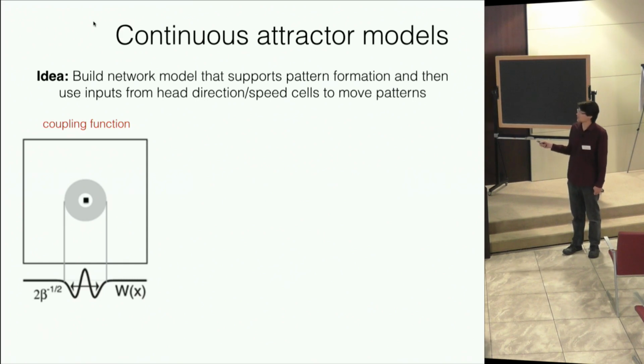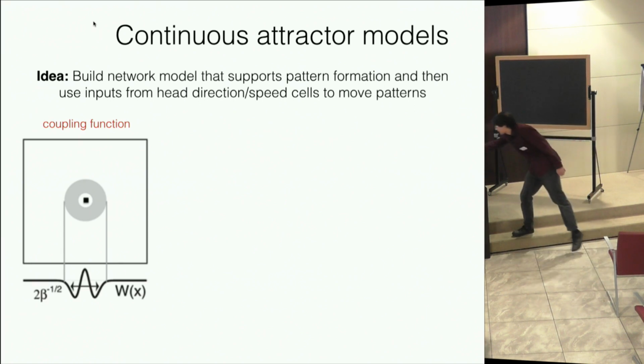And then what you do is you take the inputs from the head direction cells and the speed cells, and then you move these patterns around, and then the firing activity that you observe if you measure the activity at any particular point in the entorhinal cortex would then look like a grid cell. And it basically goes like this. So say you have some sort of coupling function with some sort of lateral inhibition,